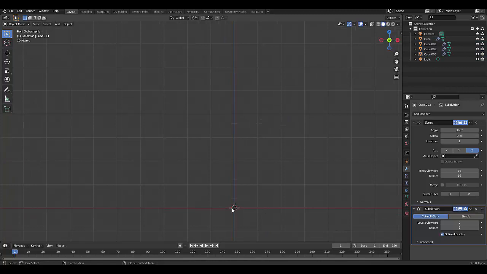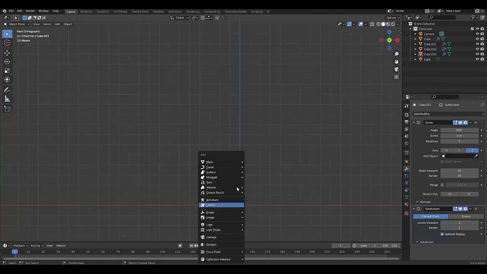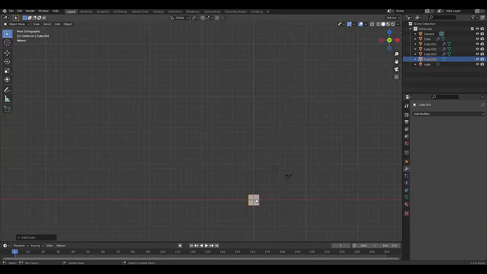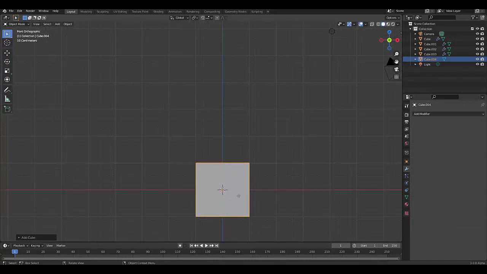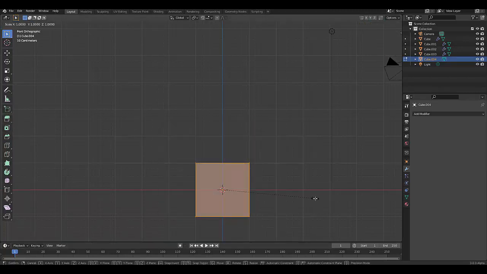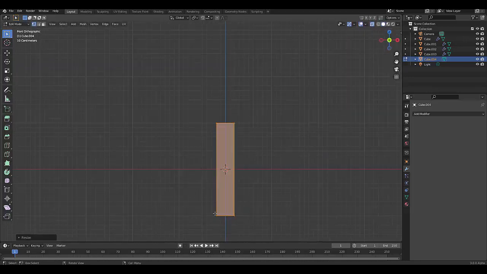I'm going to create one more thing for this just to make it interesting. Shift A, mesh, cube. It's amazing how many things you can make with this cube. Tab to go into edit mode, one vertex select, X-ray turned on, select these, or first select everything and just press S to scale this in, Shift Z. And once you've done that,